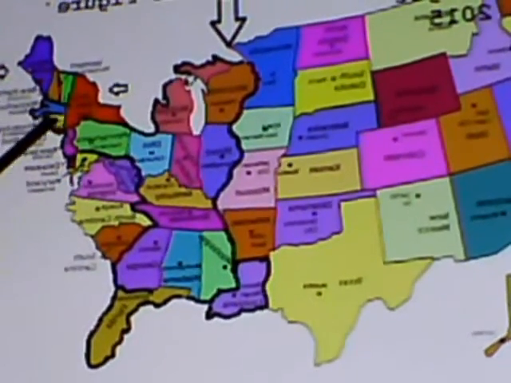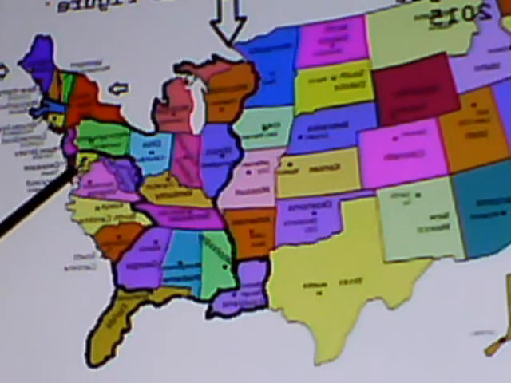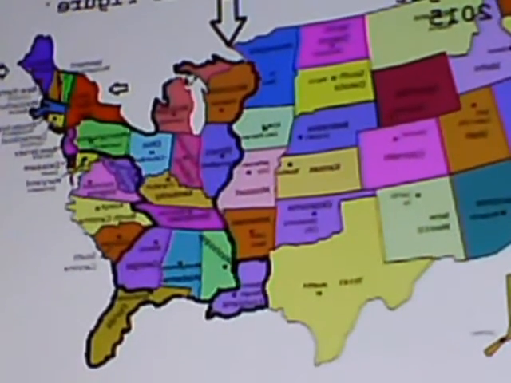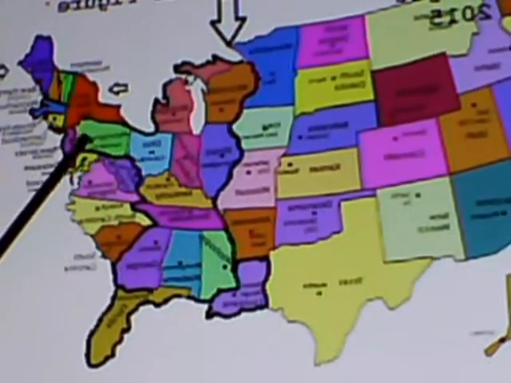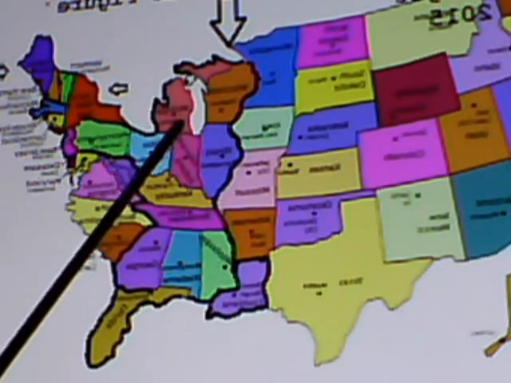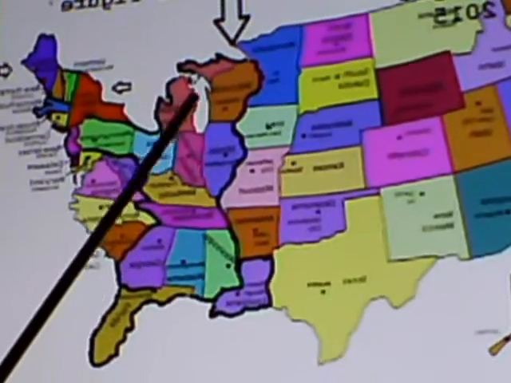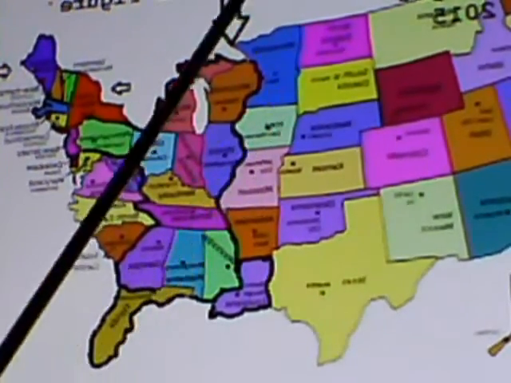Now check this out, because it gets better than that. Because New Jersey is the leg, and then Delaware is the foot. Right there. Now, what is also crazy about all of this is that, remember when I told you, the Pennsylvania is the arm of the soldier. The soldier offering his child out. And there's Ohio and Michigan. All of this here creates the body of the soldier. And I have it all highlighted for you to see.